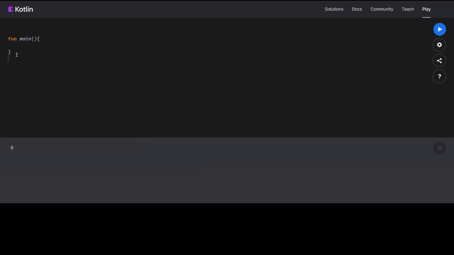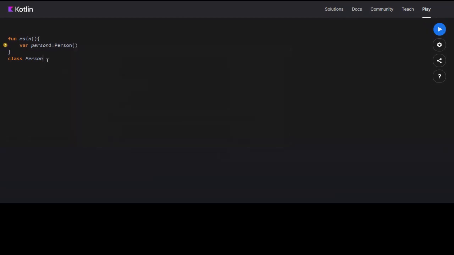How to define classes in Kotlin. To define a class, just say class. For example, I would call a person class. So I will say class Person. You just have to write this much only. Let's say var person1 is equal to Person. There should not be any error. Okay, this is working, but we want Person to do something.